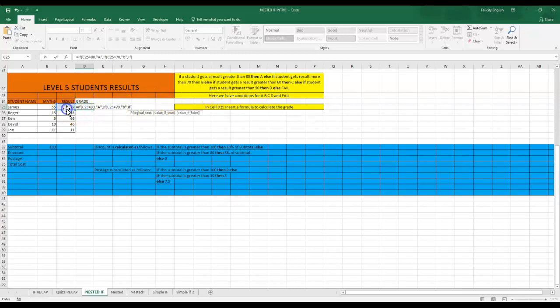The student result is greater than 60, so if the student result is greater than 60, then I'm getting a C,